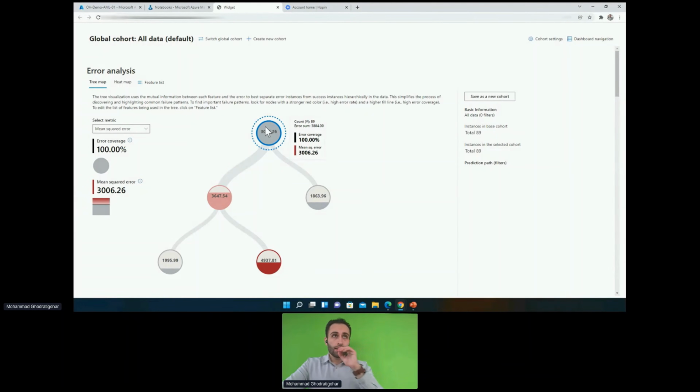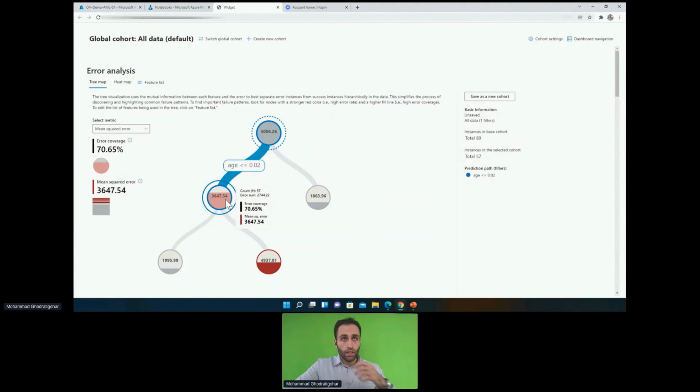You can see this tree visualization is telling me that some of the color of these circles are more red, which means there are more errors generated there. So if I click, let's say, on this one, it shows that in my data set, when I have the age less than this value, and by the way, all of these values are scaled by scikit-learn. I think it's mean centered, and also number of samples multiplied by standard deviation. That's why some of these numbers are not realistic, but they're all scaled based on real values. So when I click on it, it shows that when I have this condition, 70% of the errors are happening.